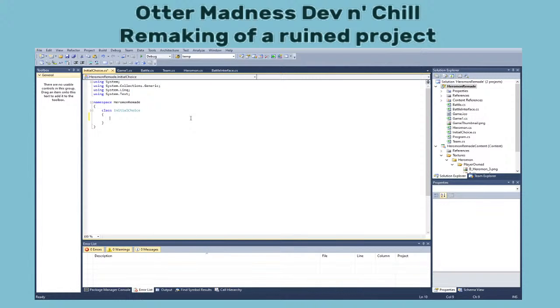The messed up thing here is that the logic shouldn't have anything to do with the interface. So the initial choice